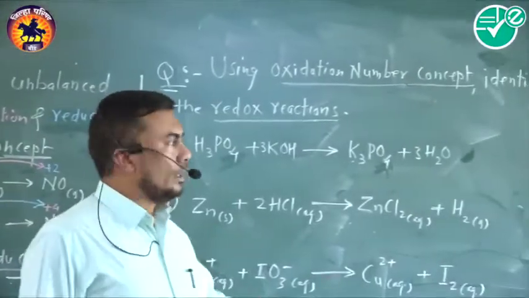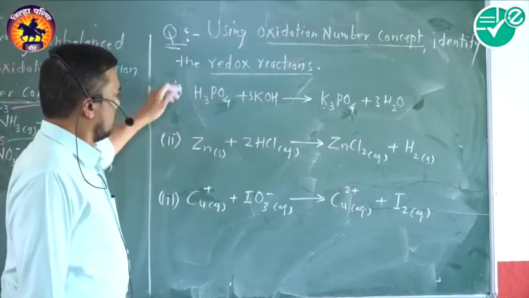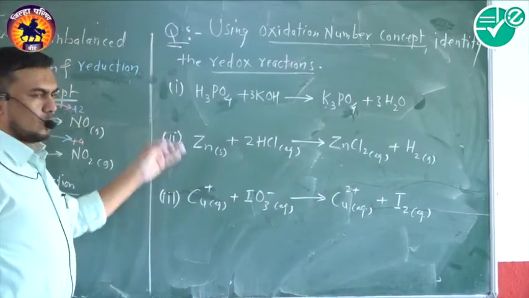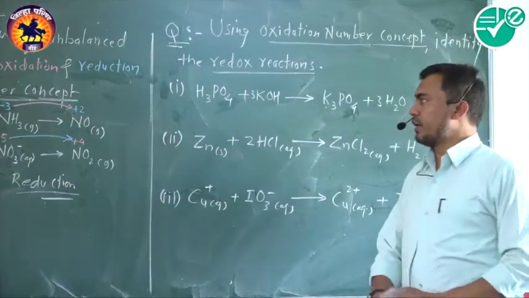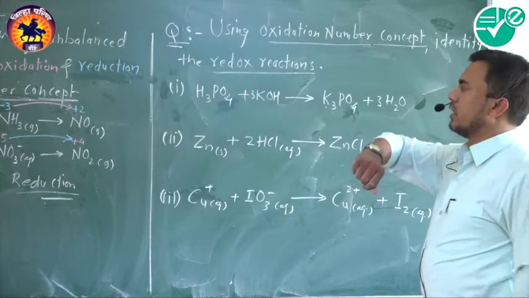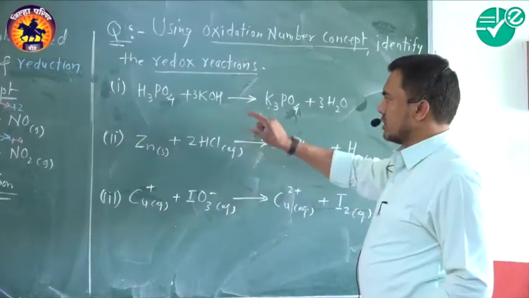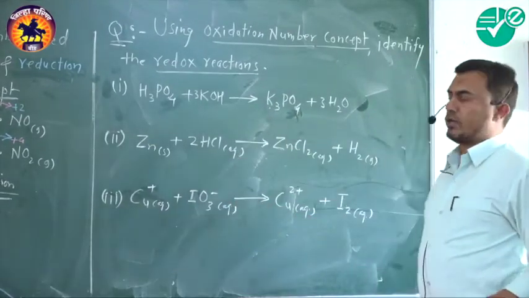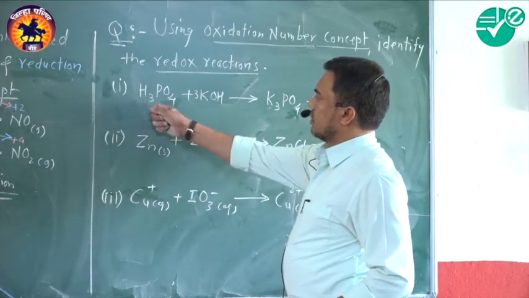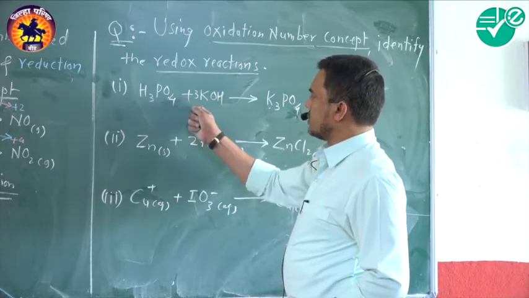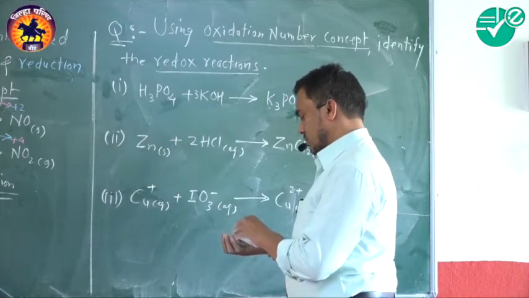These are the half reactions to identify. Now we'll move to the next question, which is again on the basis of the oxidation number concept. We have to identify the redox reaction. With the help of this method, we calculate the oxidation and reduction reaction. Now these are the reactions or processes. We have to find out which one is a redox reaction. Now we'll focus on this compound. These two are the reactants changed to the products.